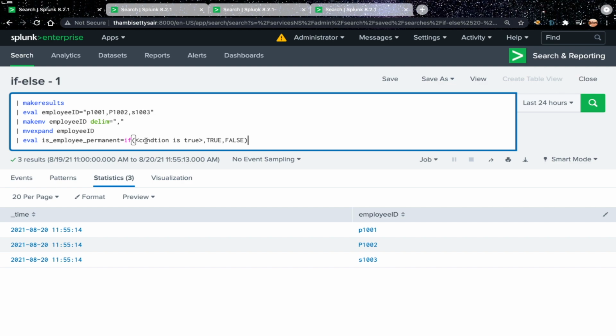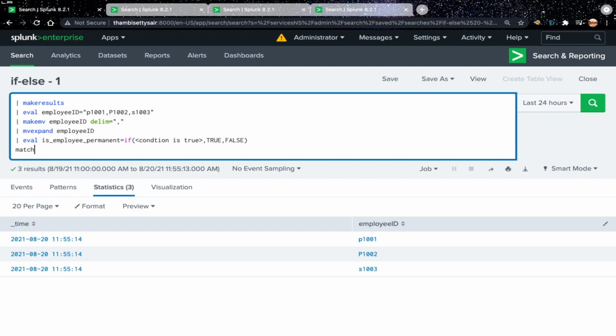The new function that is used to match some portion of a field value is the match function. The syntax of the match function is match(subject, regex), which returns true or false based on whether the regex matches the subject.